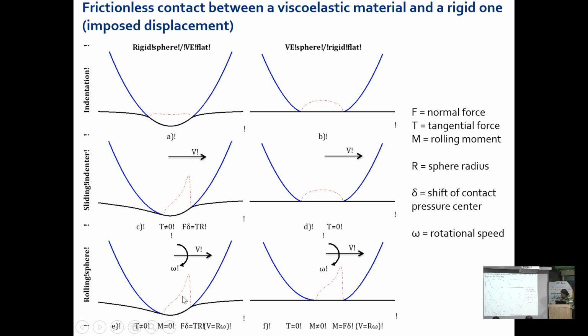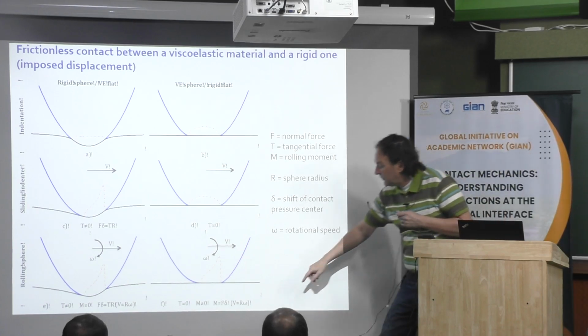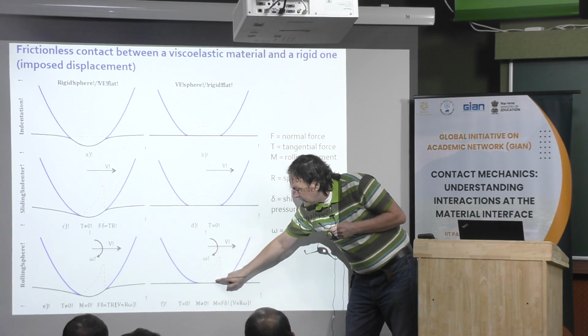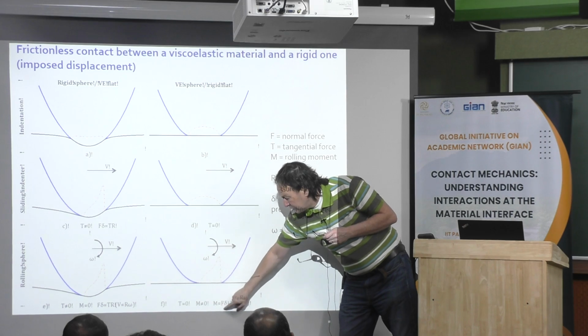This is because, as I said before, all the pressure comes to the center of the sphere. Due to that, there is no resisting torque. But in this situation, if you consider the pressure, which is always vertical, you can see that when you integrate that, they are not coming to the center of the sphere. Here there is a shift of the pressure barycenter of delta that produces a torque, in fact.